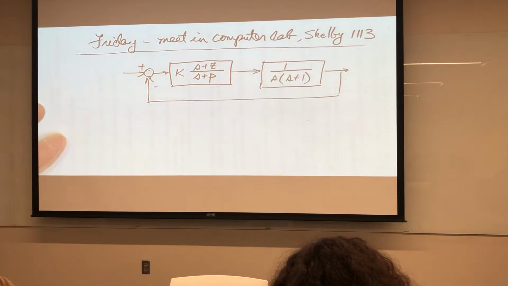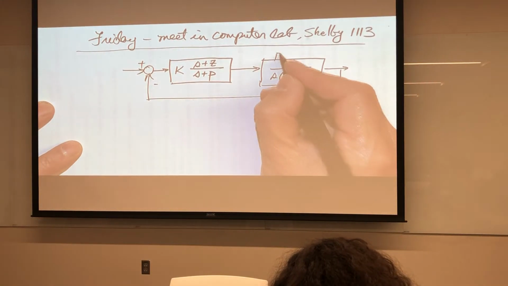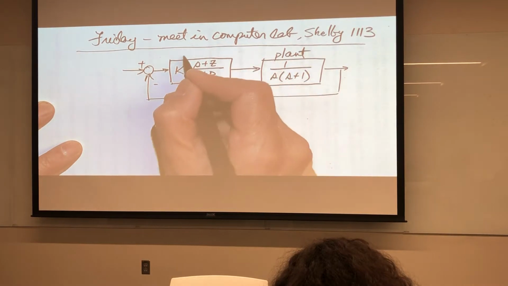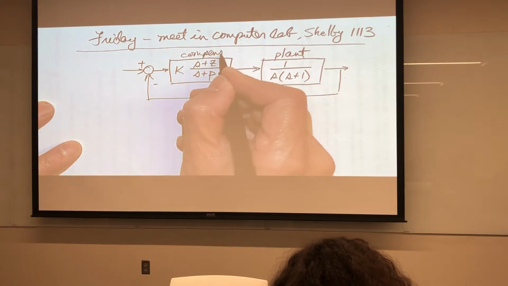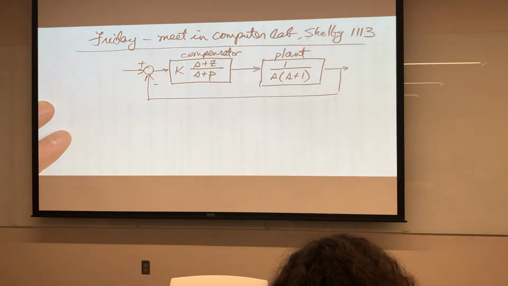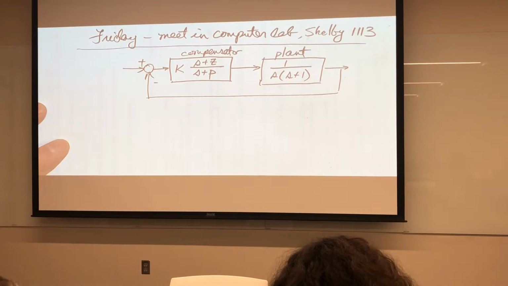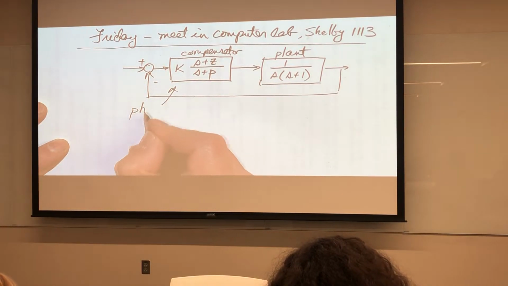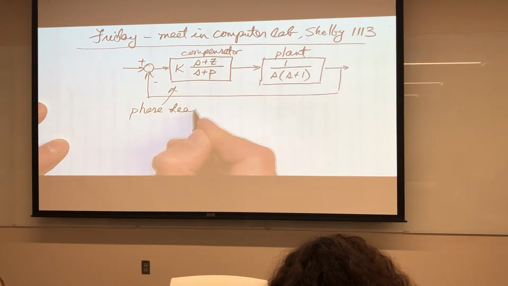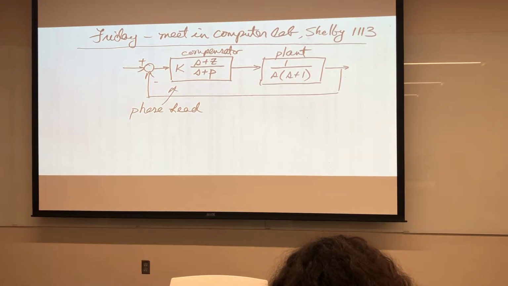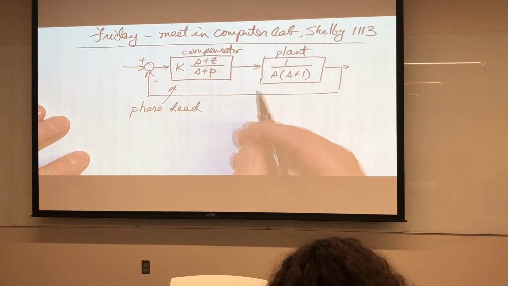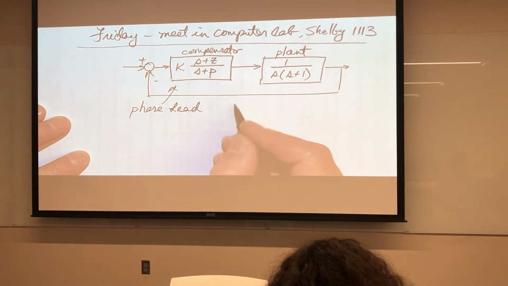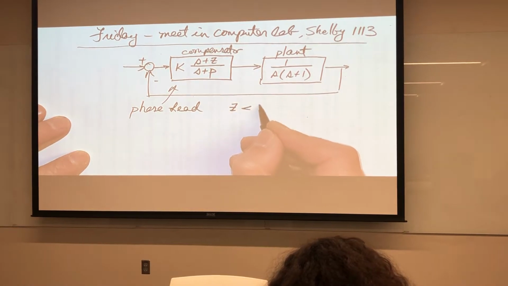There's our block diagram of our control system. This is the plant or the process, and this is the compensator. And so what we're going to try to do today is design a phase lead compensator. With a phase lead compensator, the 0 is going to be smaller than the